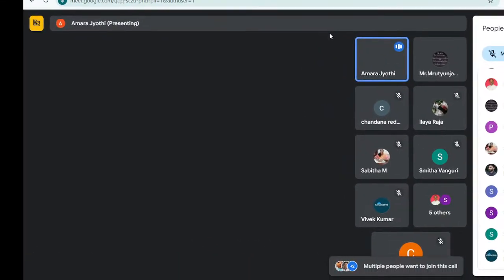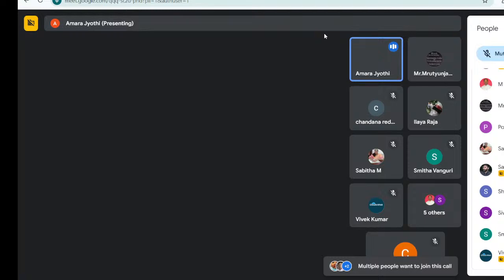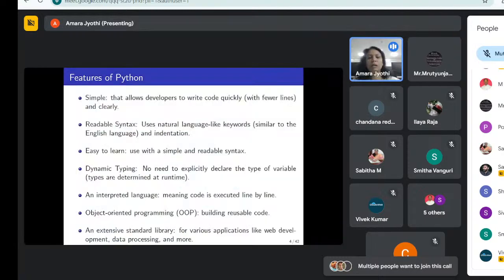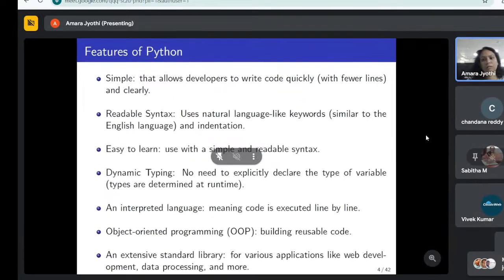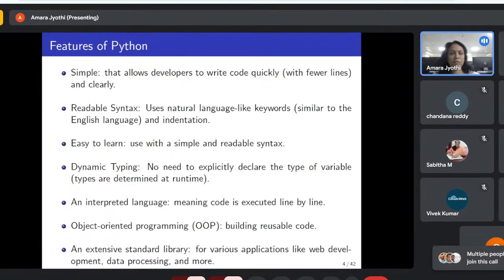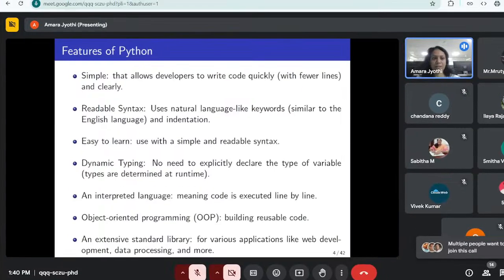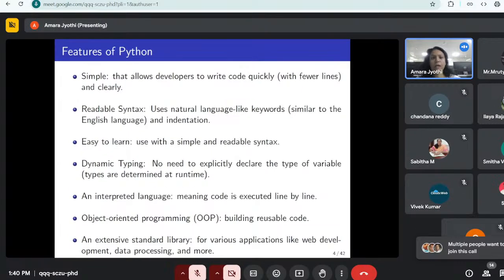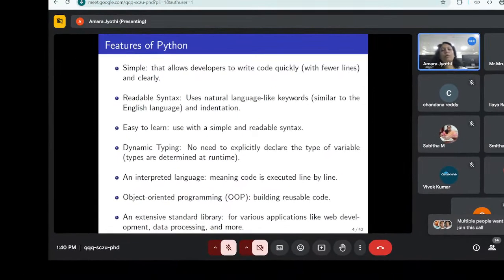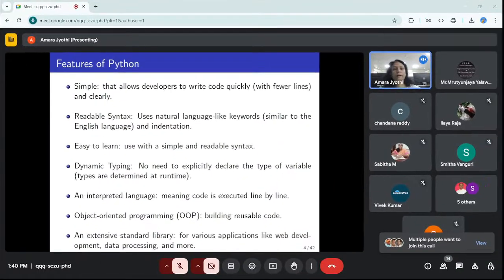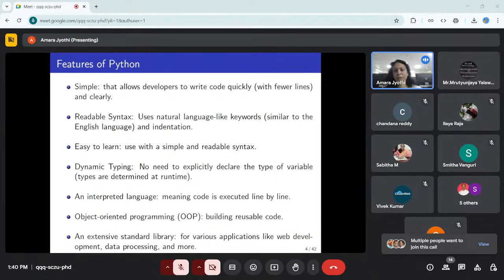So now, what are the basic features of Python? I would like to give the main key features of Python. The first one is that it is very simple. So what is actually meant by simplicity in Python is that it allows developers to write code very quickly and clearly. What is meant by writing code quickly and clearly is that there is no need to